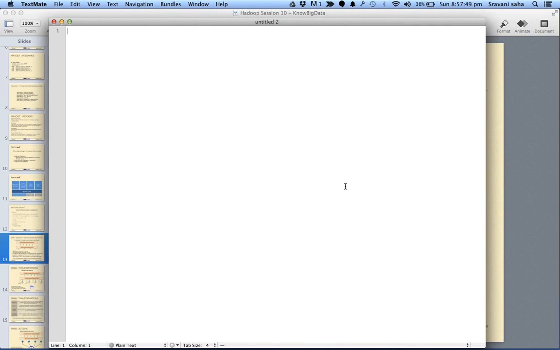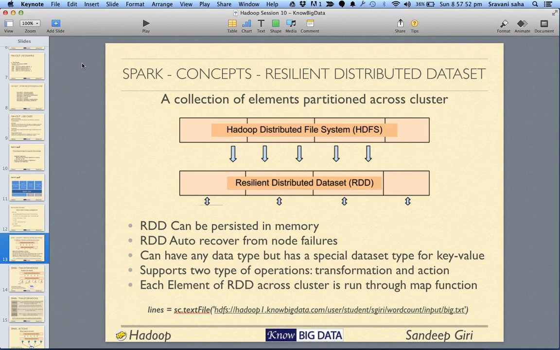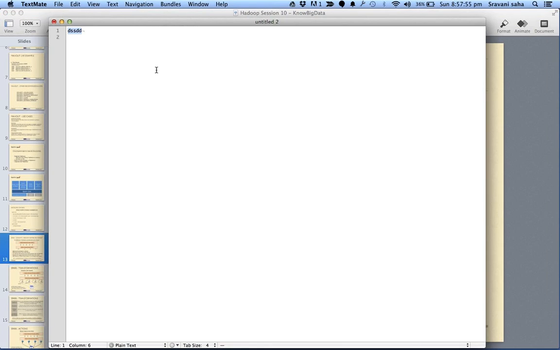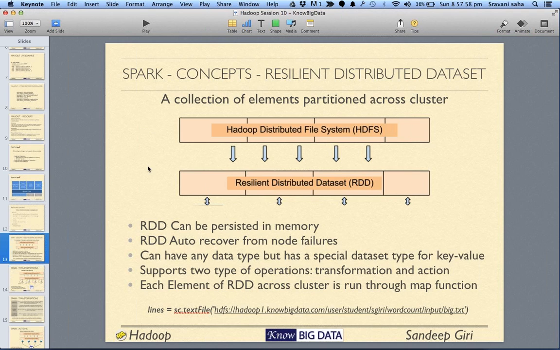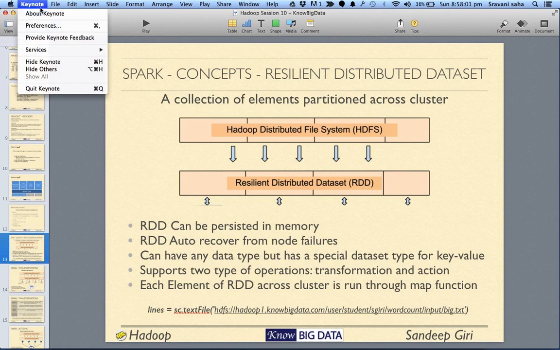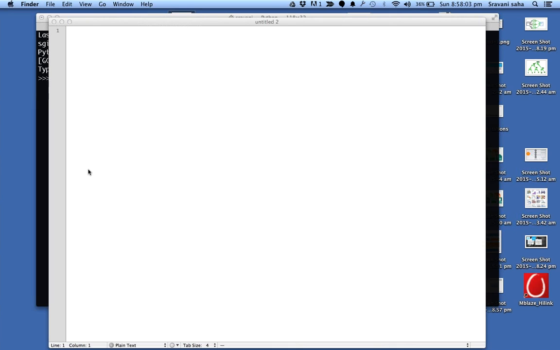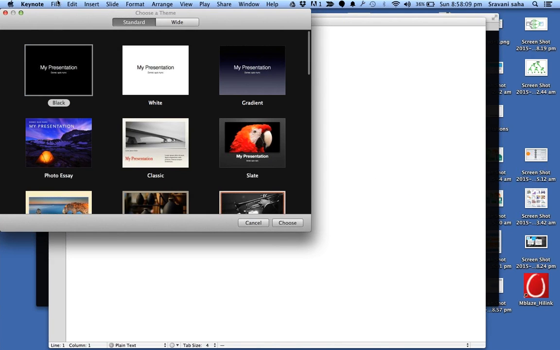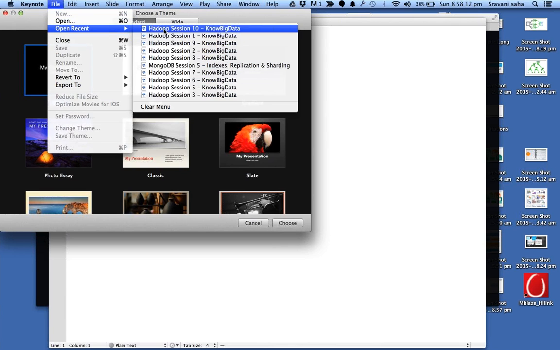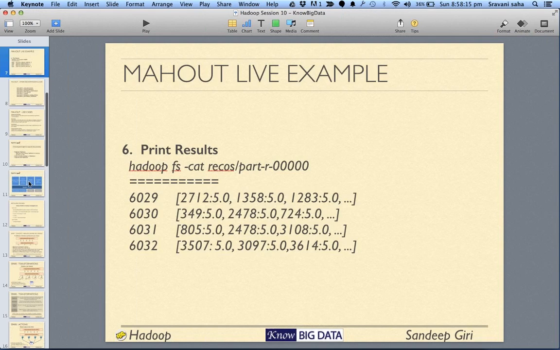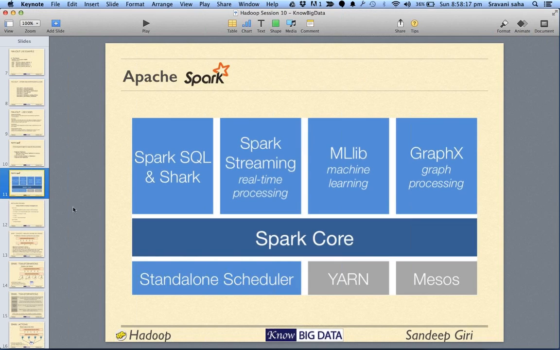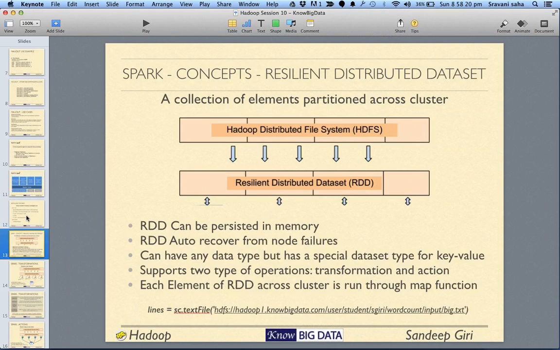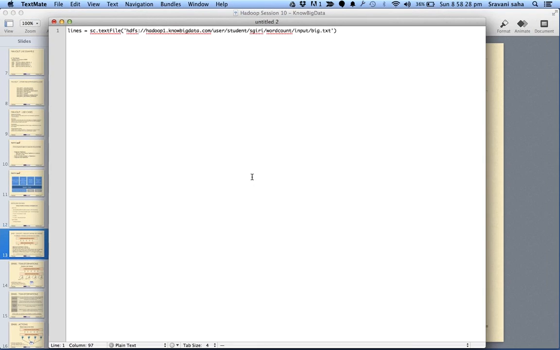Here it's working; it's just that Keynote is not copying. So let me restart Keynote. Are you guys with me, or is there a doubt at any point? All right, let's try to copy first. This time it's working.